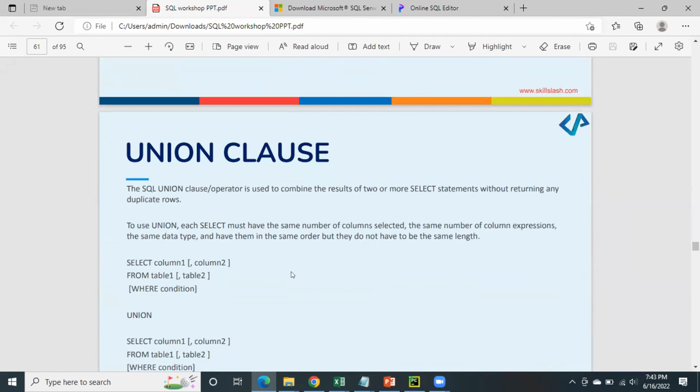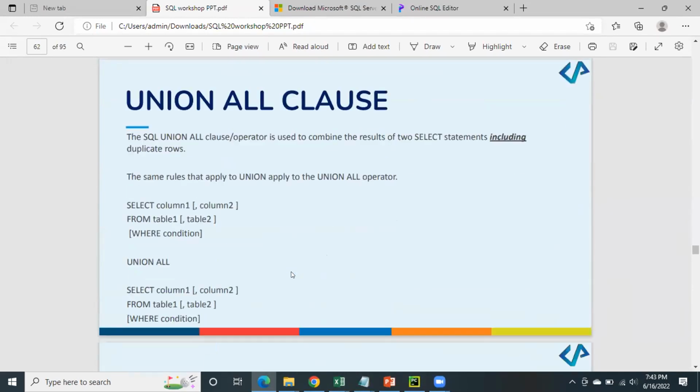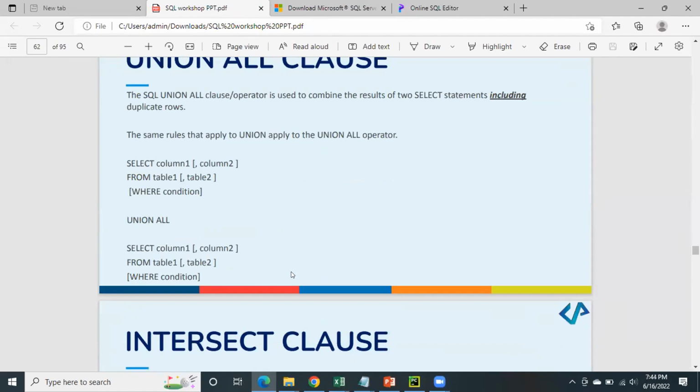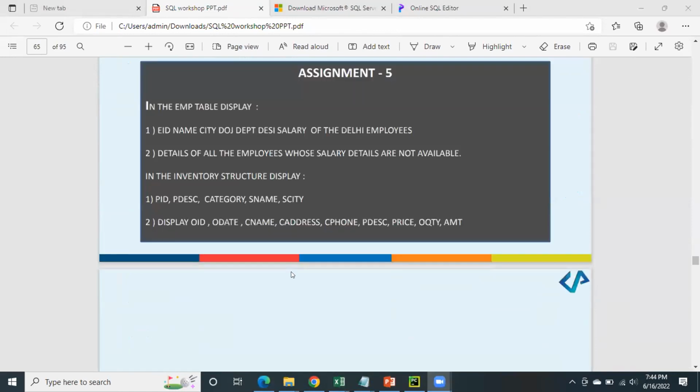One more clause which is called as the union clause helps you to combine the results of 2 or more statements, and it gives you the result. Then similarly, you have got something which is called as a union all clause. You have an intersect clause which helps you to find the common elements of intersection between the 2 or more tables. Once you are comfortable with this, once you have self-trained yourself,